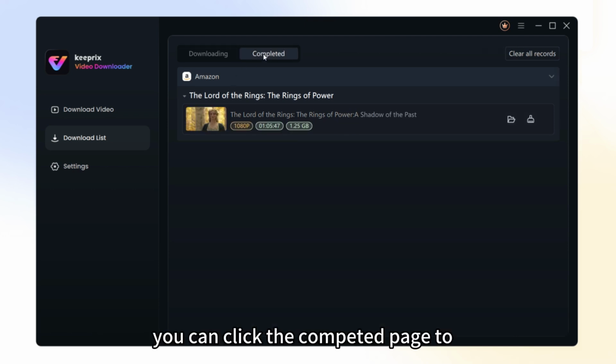You can click the completed page to view and manage the downloaded videos. Open the folder. Delete the records, clear all records,